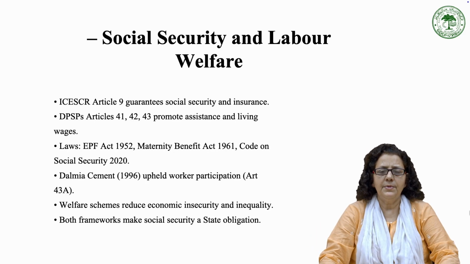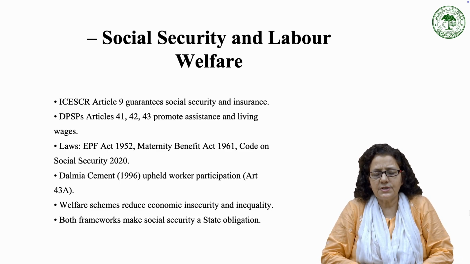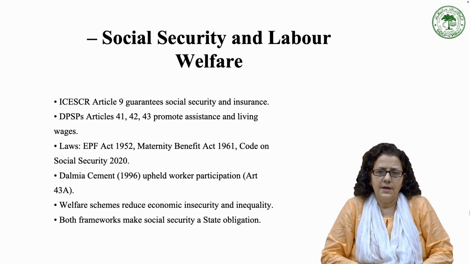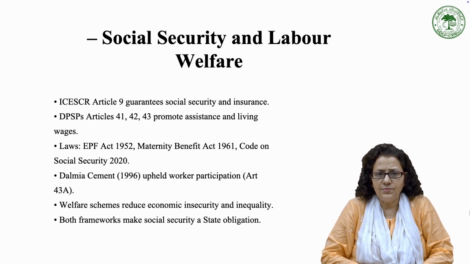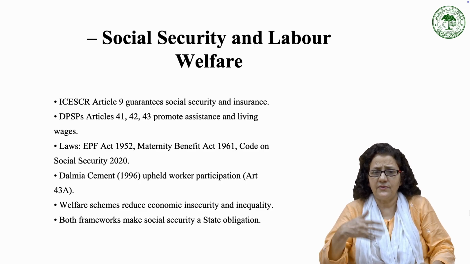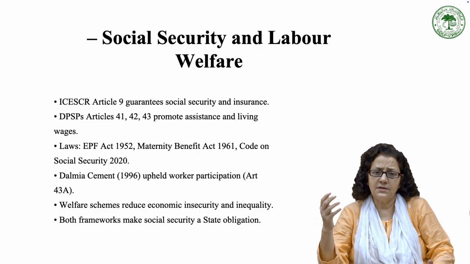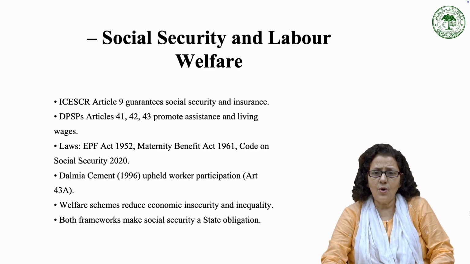Social security and labor welfare. Article 9 of the Covenant enshrines the right to social security, including social insurance. The directive principles advance similar objectives through Articles 41, 42, and 43, advocating for work, assistance, and living wages. Indian welfare laws such as the Employees Provident Fund Act 1952 and the Maternity Benefits Act 1961, which have gradually progressed, earlier it was very limited, then 4 months, then 6 months, and the Code on Social Security 2020